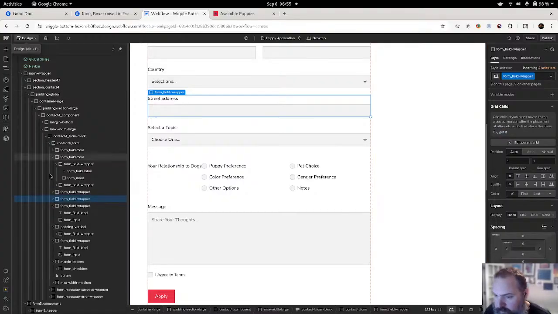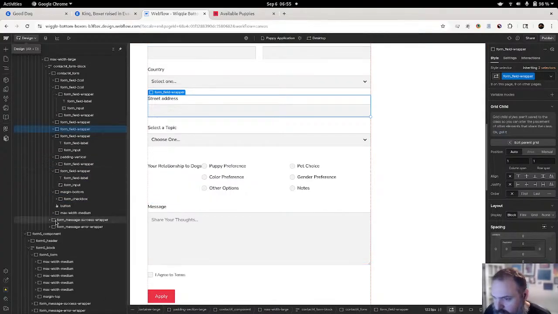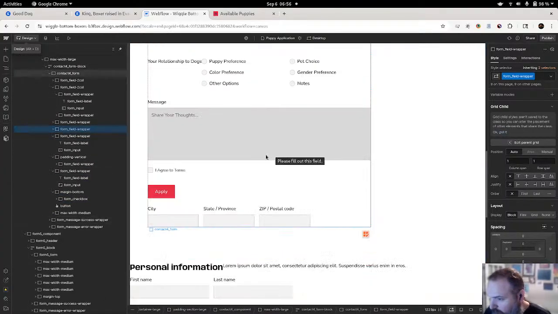There's a street address, and let's get our city, state, zip. Let's get it up there.